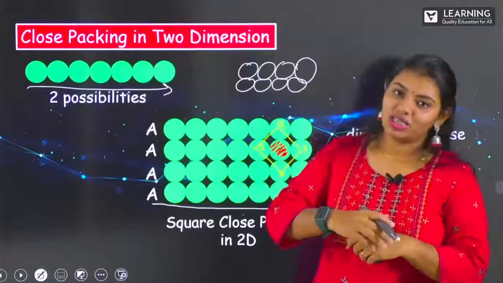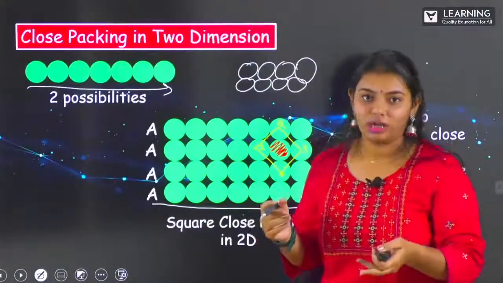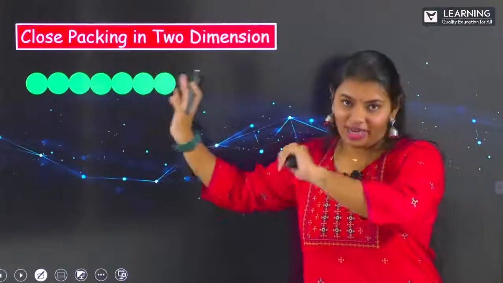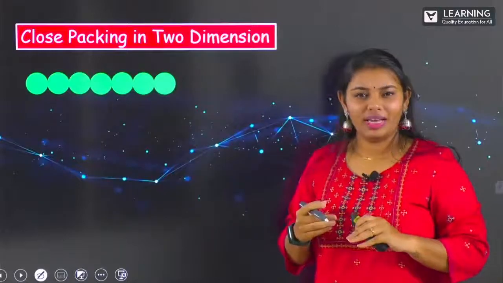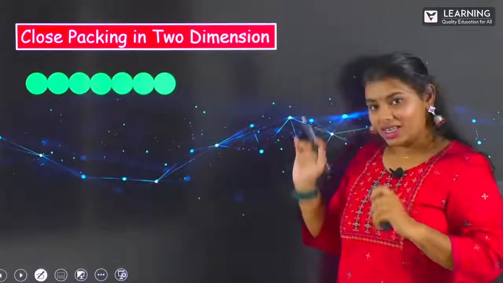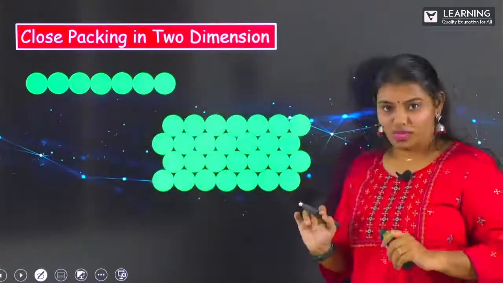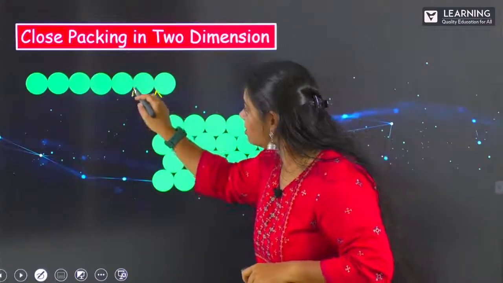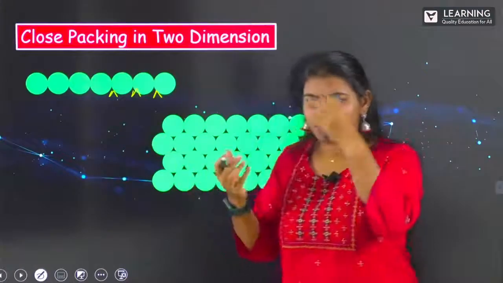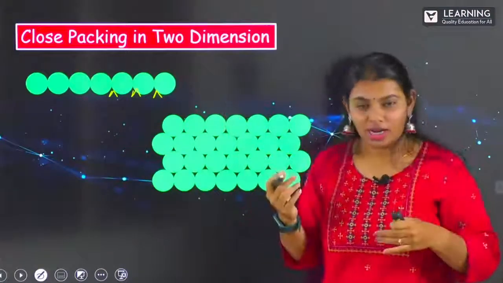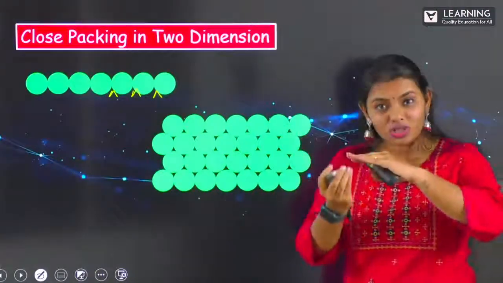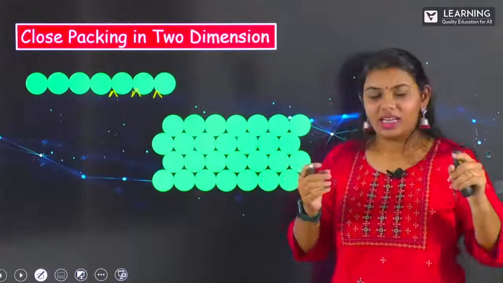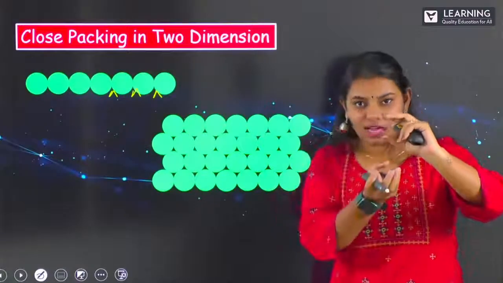Now we shall see the second possibility of close packing in two dimension. The same way, I will take the one dimension, from one dimension only we will get the two dimension. So with this, how is the arrangement done? Now you can see here, there are small spaces, right? There are depressions between the particles which are arranged. In those depressions, now the second layer is placed. When I showed the first possibility, below one particle only the second particle was placed.